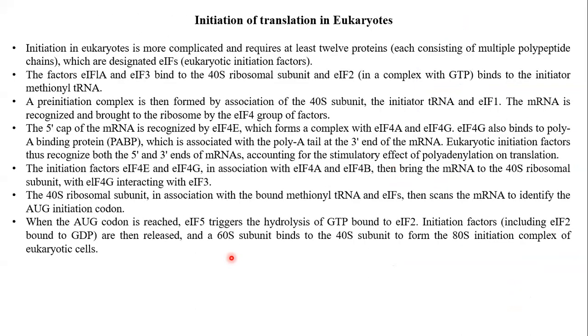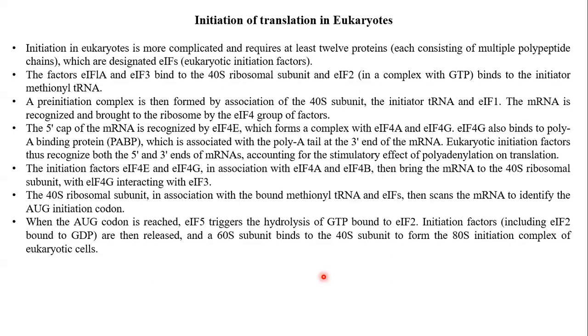Now, initiation of translation in eukaryotes. Okay, this was in the prokaryotes. In eukaryotes, it is different because eukaryotes have a 5 prime cap at the 5 prime end and a 3 prime poly A tail at the 3 prime end of the mRNA. Rest structure is same, that is 5 prime UTR and protein coding sequence and the 3 prime UTR. But eukaryotes do not have any SD sequence or formylated methionine. All this takes place only in prokaryotes. Okay.